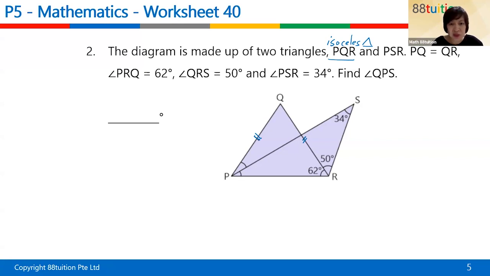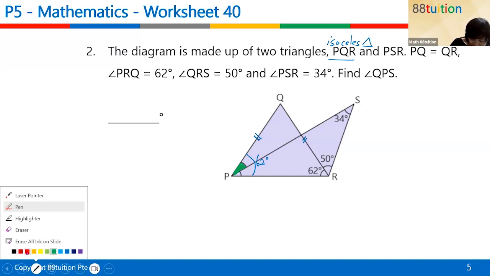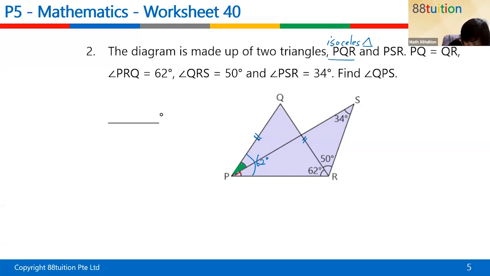You can turn on your mic and speak over it. Okay, then this one is 62 as what you say. So this is only 62, but then they didn't ask you for this angle QPR. They're asking for QPS. So only this one that is here, they are asking for this, right? So in order for you to have this, you must have the other side here, which I'm going to color it in, maybe in this color red. Okay, now my question to you is how to find this color red,